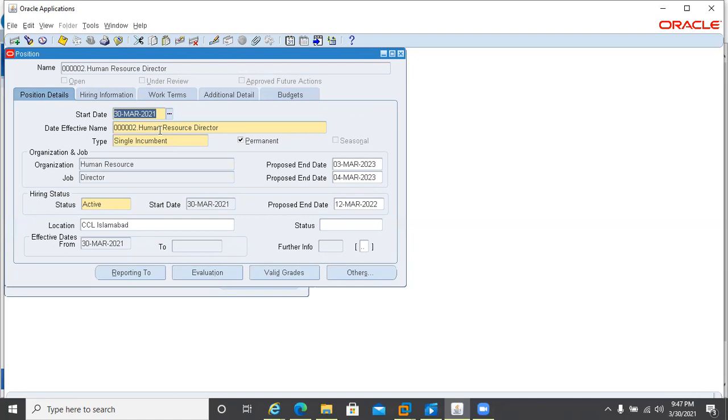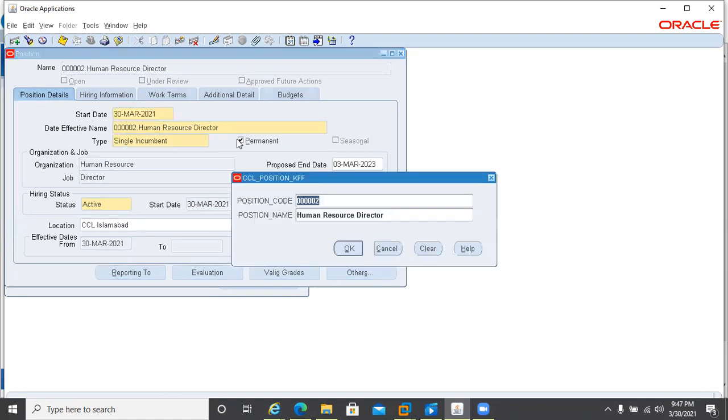I want to change the position name, for example, because so far the position is not attached. So what I will do, I will create human resource manager.